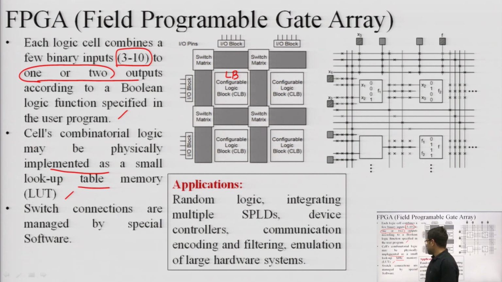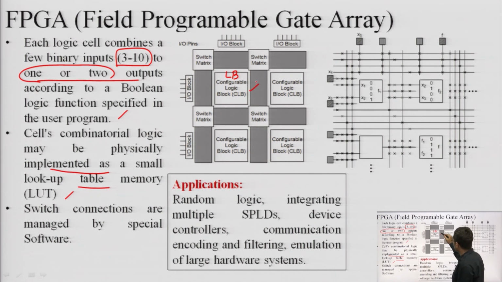Okay. Switch connections are managed by special software, and that software will be run on a PC or a computer. So from that point of view, this is a complex structure which has to be implemented with the help of a computer. Normally you cannot have an FPGA and simply program it as a user. We will have a computer, and that computer can program the FPGA. That means a computer is a minimum requirement on which the programming software will be running. Now let's take an example of how these connections are going to be prepared.